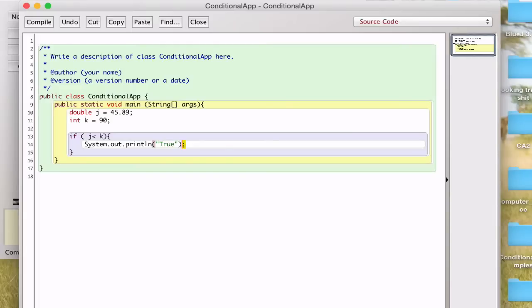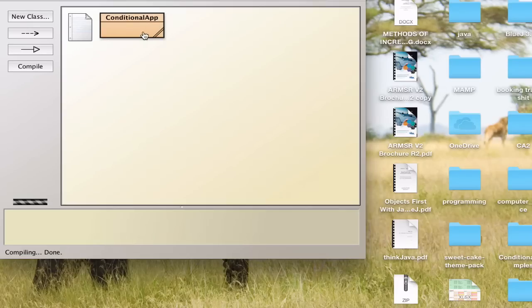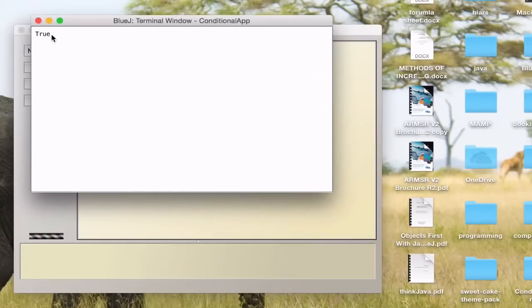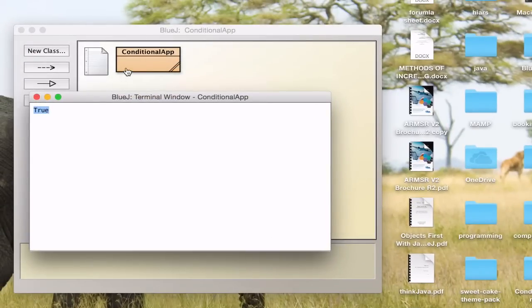And as you can see down here, it says class compiled, no syntax errors. Now, let me go ahead and run this first of all. Okay, so it comes out as true, as we all predicted. So now,